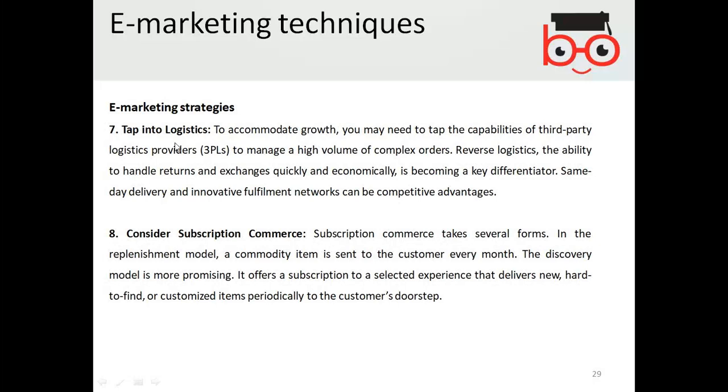So for your e-commerce strategy, you do not need to take the tension of the delivery, the logistics companies who deliver your products. Basically it is advised that you use third party delivery companies. You do not need to worry that you have to deliver by your own.